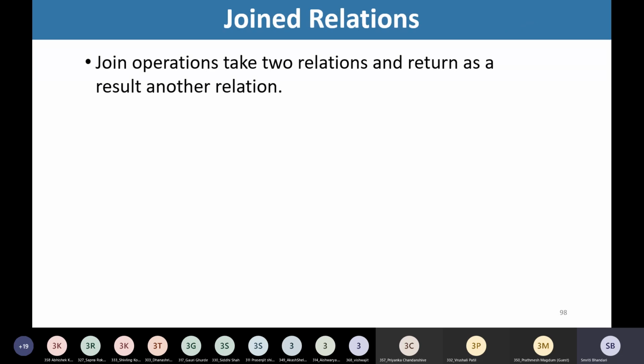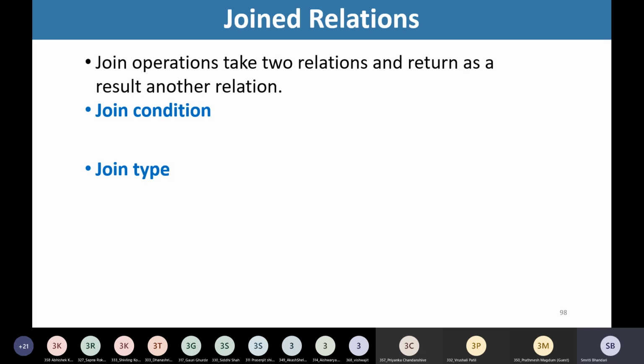Join operations need two relations to operate upon, and these operations return another relation as a result. These operations require join conditions and join types.